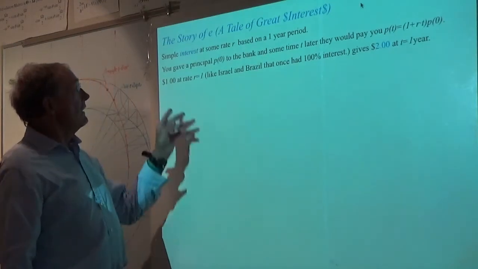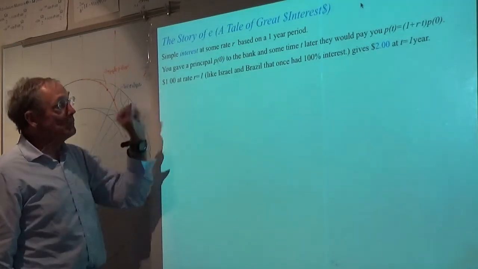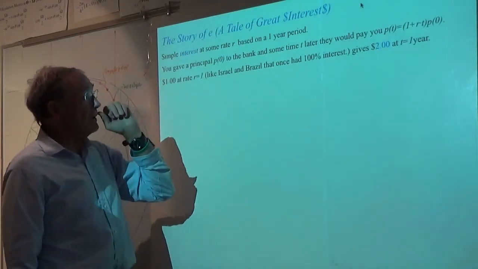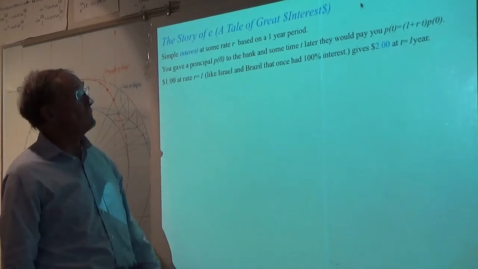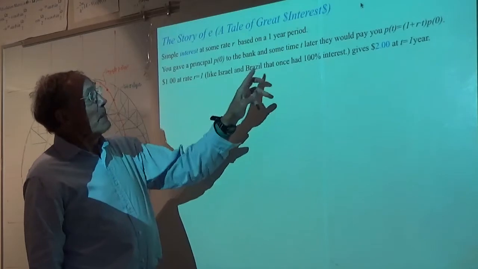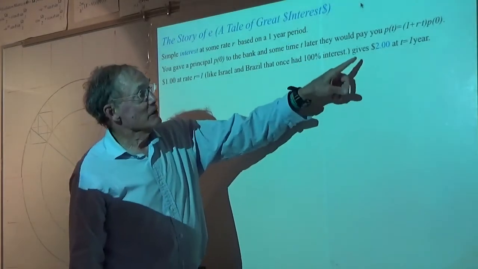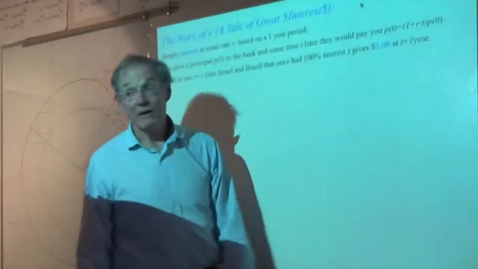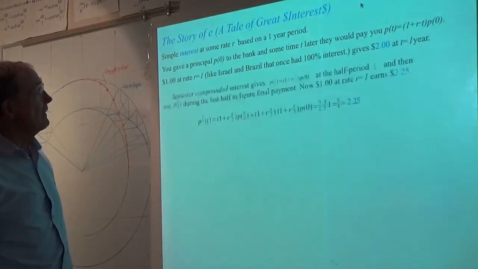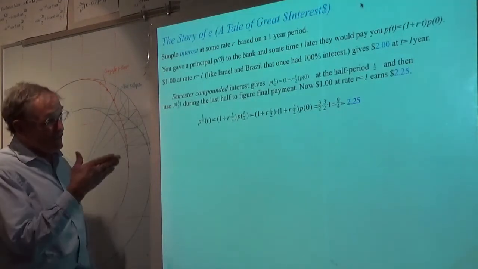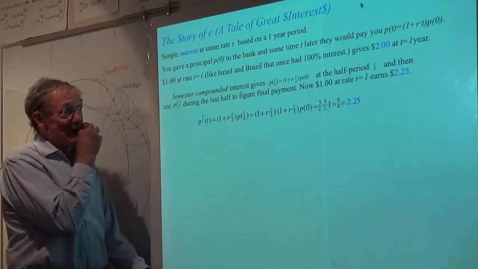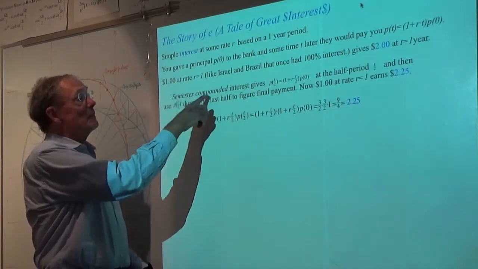100%, that is, if you set r equal to 1.0, like Brazil or Israel at the time I'm talking about, which was just before the 80s is when it really broke, with 100%, you would get $2 at the end of 1 year. Okay. Well, nowadays, and in fact, as time went on from that time, it became fashionable to do compounded interest,